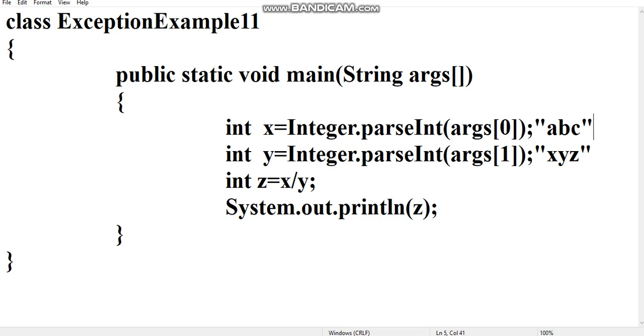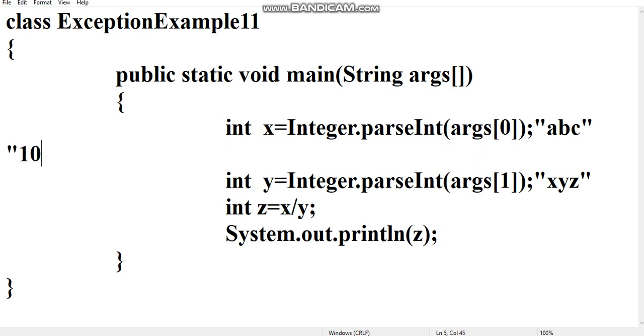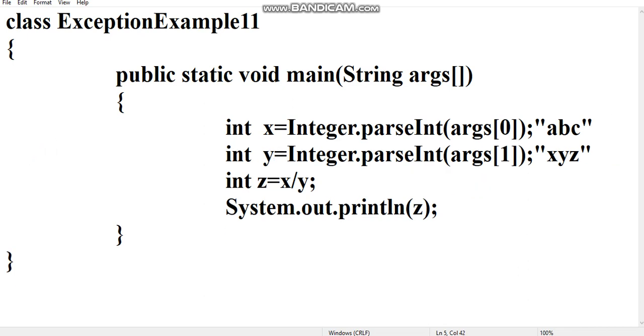In the previous case the string contains digits, so we can convert 10 to integer value, but here the string contains alphabets, so we cannot convert this string to integers. So in this case we get number format exception.